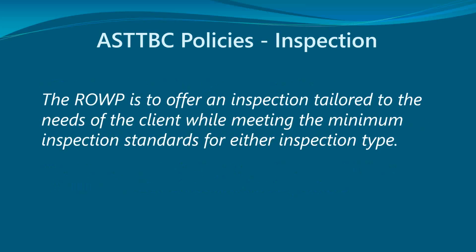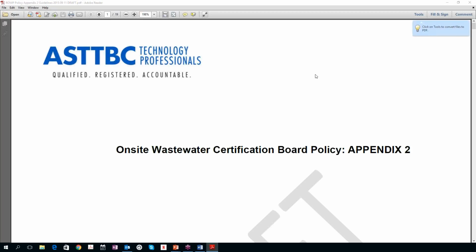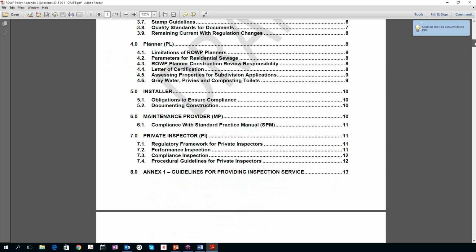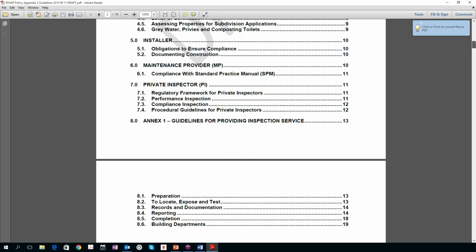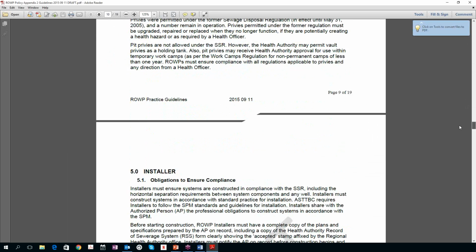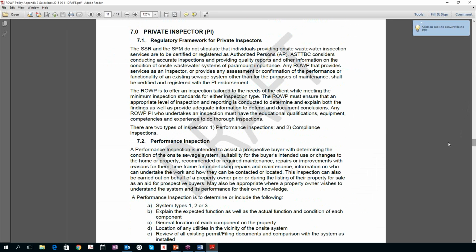Let's move on. Policies. Maybe I will just go there rather than rely on my slides. Make it a little bit smaller for you. Bear with me here. Section 7. So here's the draft policy.